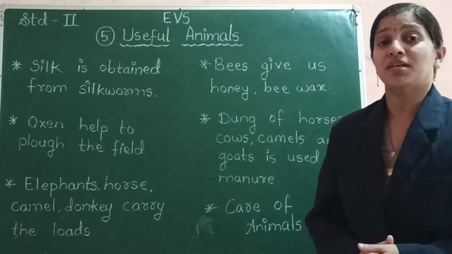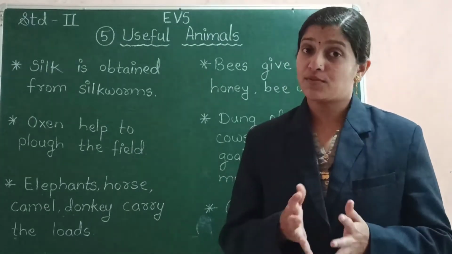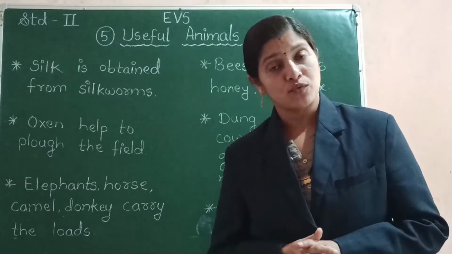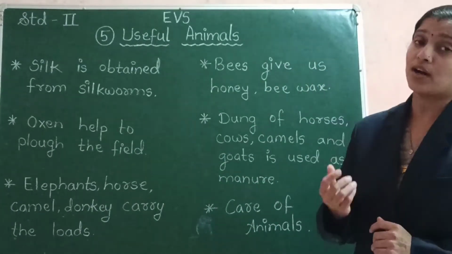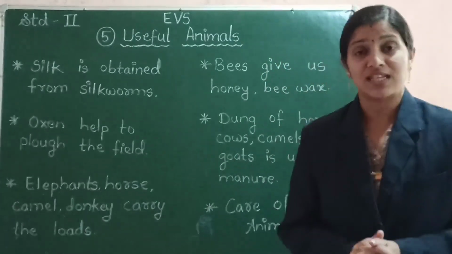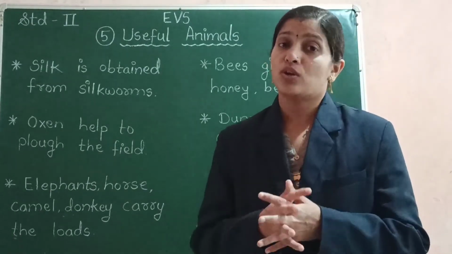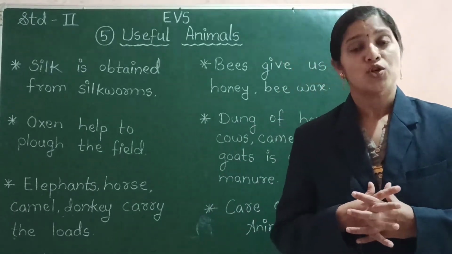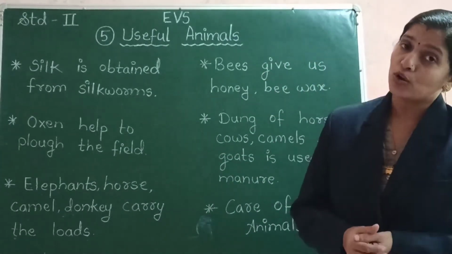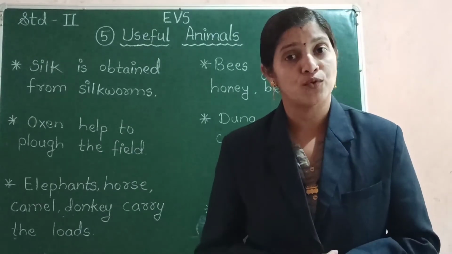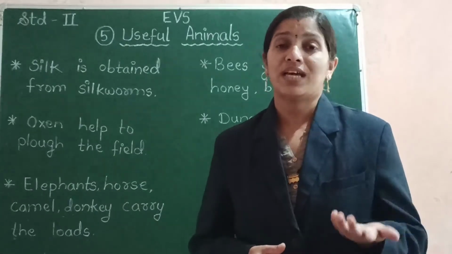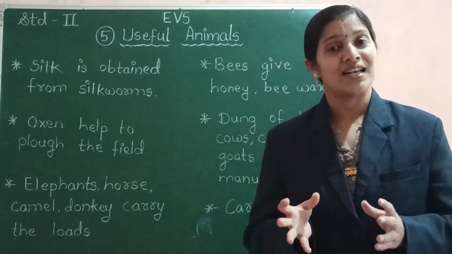Now, these animals are very useful to us, and that is why we domesticate them. But it is very necessary that we should take care of them. So now I will be telling you how to take care of these animals. So the first and the foremost thing is that these animals are also living beings like human beings. So we should be very kind to them. We should love them. Also, we should provide them with good food, clean water and clean shelter. The places where these animals live should be clean.